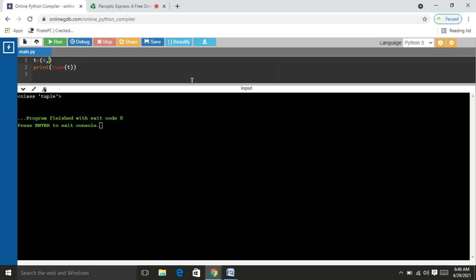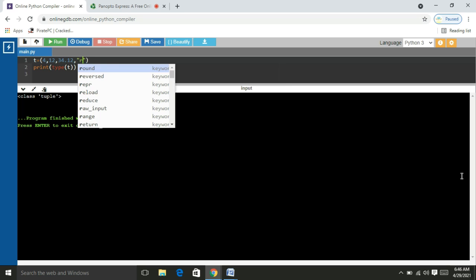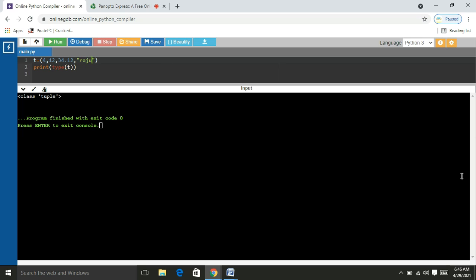Now I am going to create tuples in multiple ways: 4, 12, 34.12, Razu, Ramu, again 4, again 12.